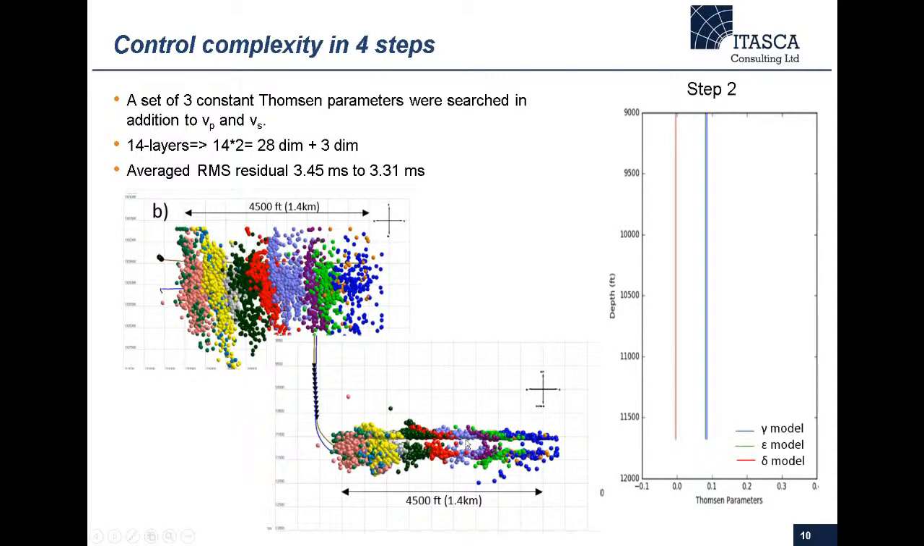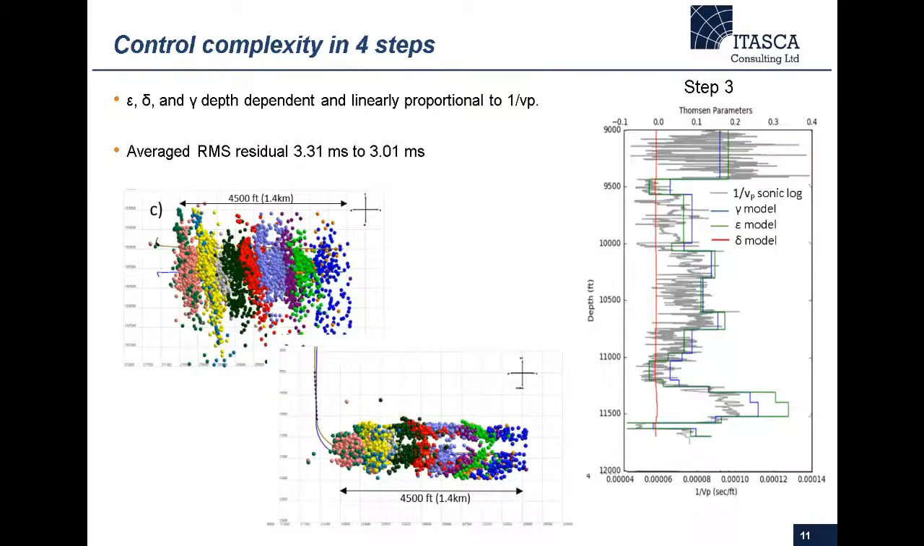So as you cross the velocity layers, because the anisotropy is not correct yet, the travel time changes a lot, and because of that, the microseismic events start to align along those velocity boundaries. The third step